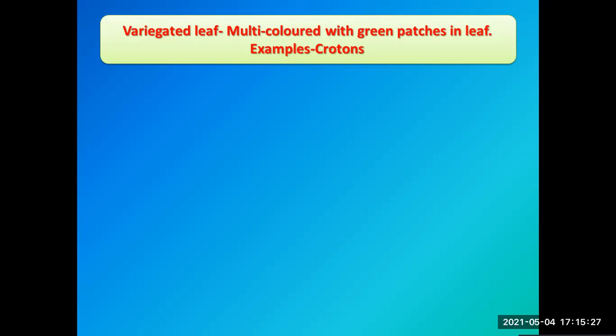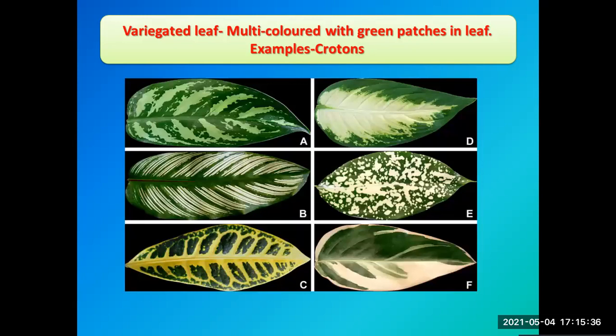It might have some other colors in the leaf. Still it undergoes photosynthesis, like maple leaf. Some of you must have seen maple leaf. Croton leaf. I have a few images of croton leaves. As you can see, these are variegated leaves, which means multicolored leaf. And you can see patches of green in it. And these patches of green help in photosynthesis. Maple leaves contain red pigment in more concentration, so the green color is not seen, but photosynthesis takes place.